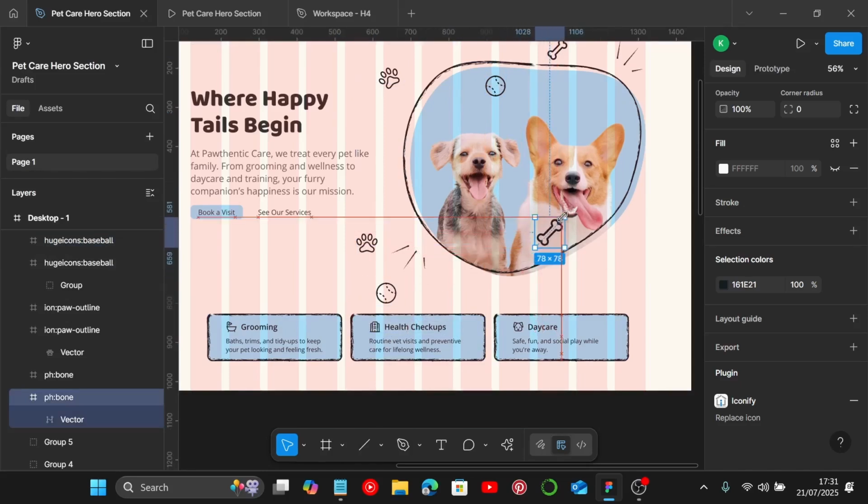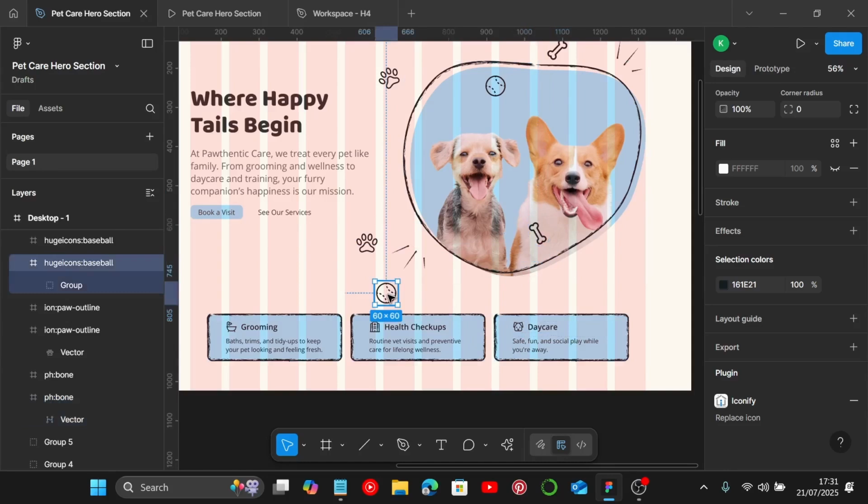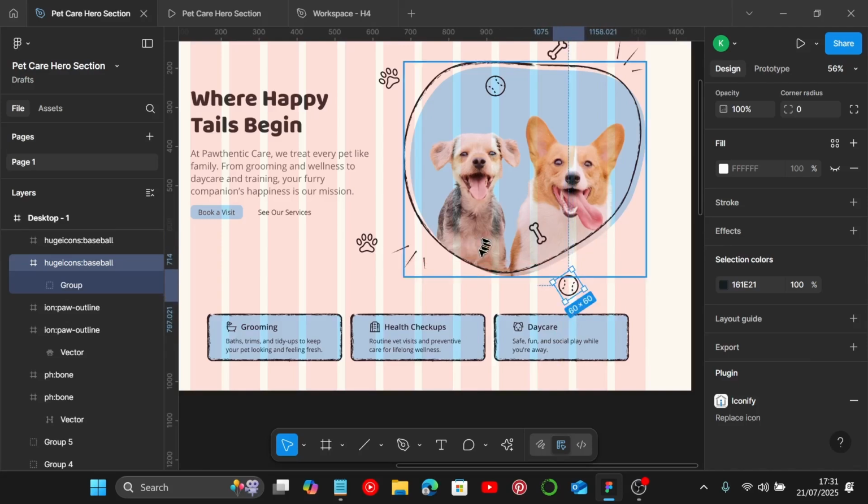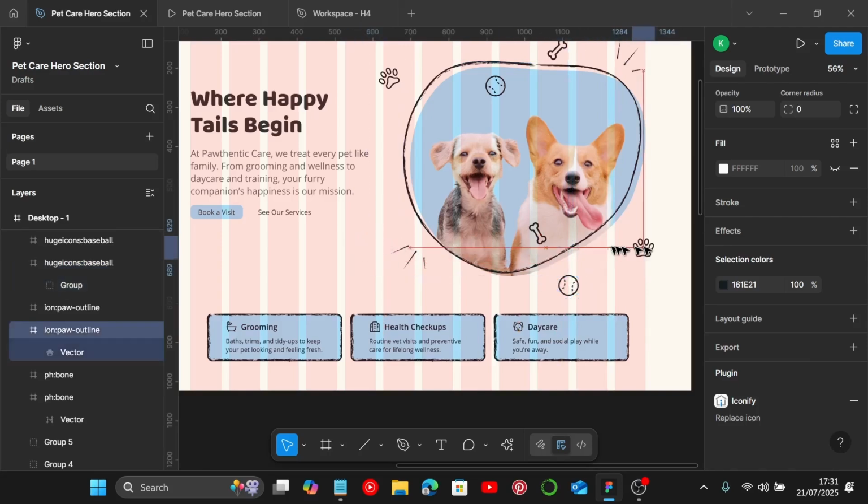I'm going to rotate this like this so that we have it facing this direction. And I'm just going to move this. Grab the second ball. I'm going to rotate it as well so that we'll have maybe a bit of difference between the one on top and this one. I'm going to place it here, and finally this second paw print, let's bring it like this, and I'm going